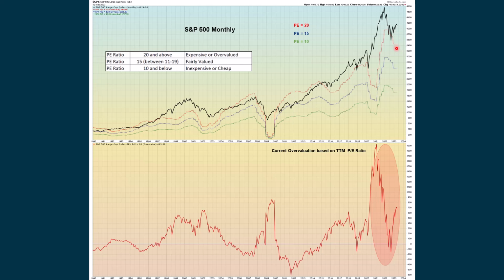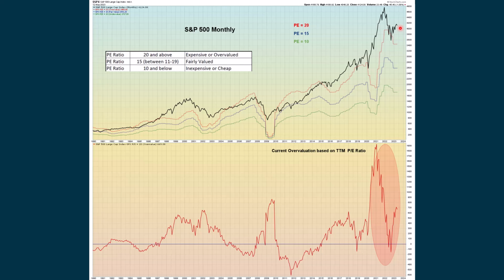Well, looking over here, we can see that we're above this red line. The red line is a PE of 20. The blue line is a PE of 15, and the green line is a PE of 10. We're above this red line, so that means that we're expensive or overvalued. Now, this chart looks at the trailing 12 months. It looks backwards based on earnings that have come out,